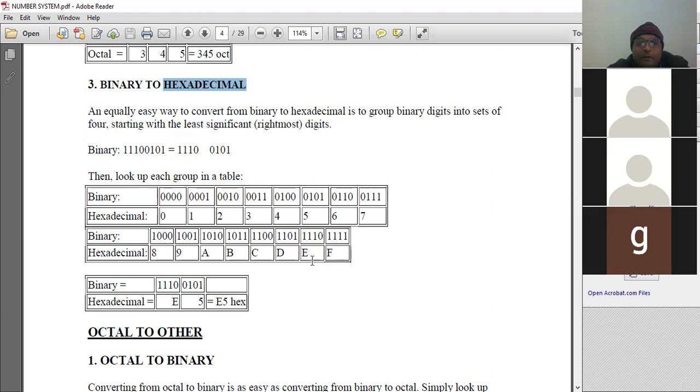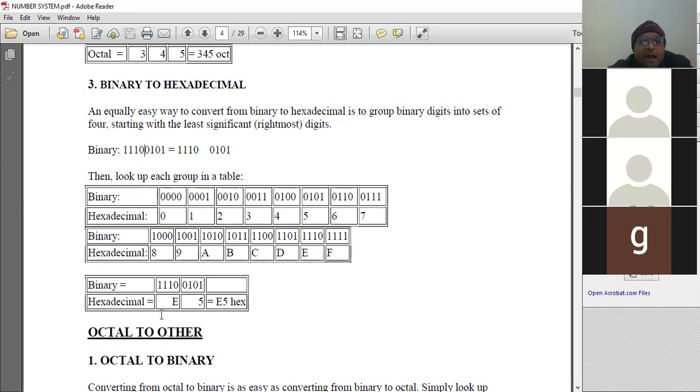Understood? So 0, 1, 2, 3, 4, 5, 6, 7, 8, 9, and in hexadecimal 10 is represented by A, so A, B, C, D, E. Now this binary number I have to convert into a hexadecimal number. We make groups of 4 numbers: 0, 1, 0, 1 and next 1, 1, 1, 0. The first 4 digits are 0, 1, 0, 1 and the next 4 digits are 1110.